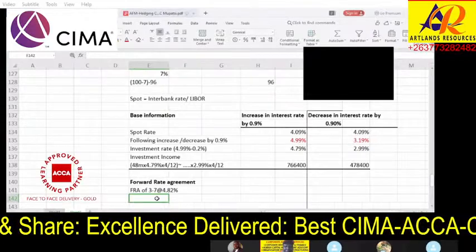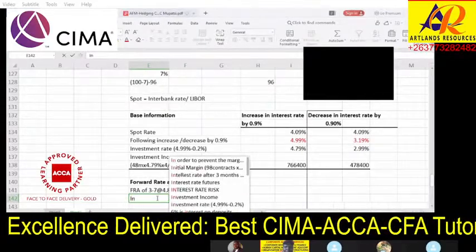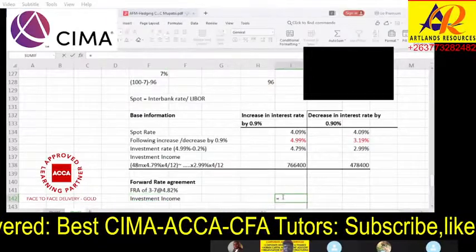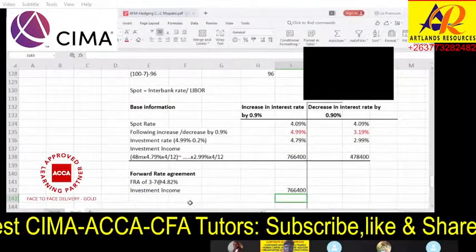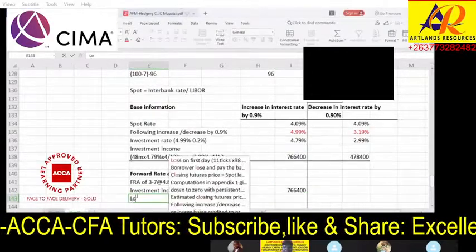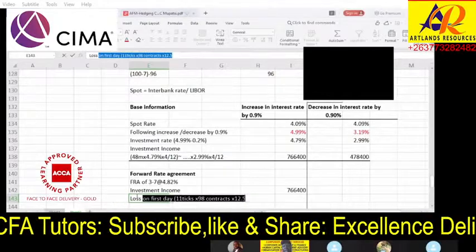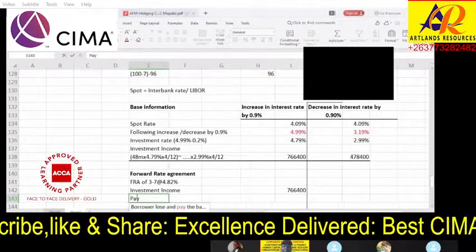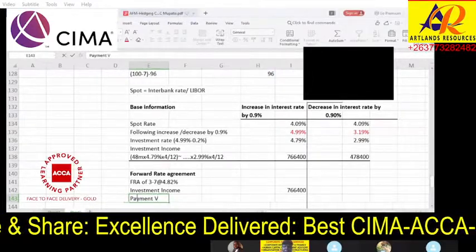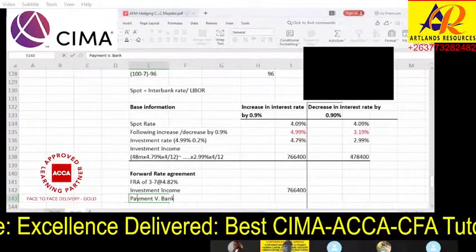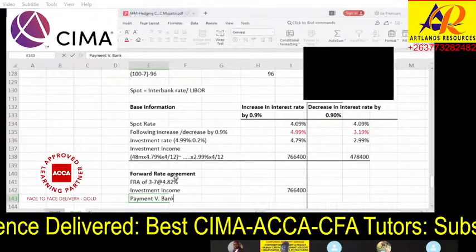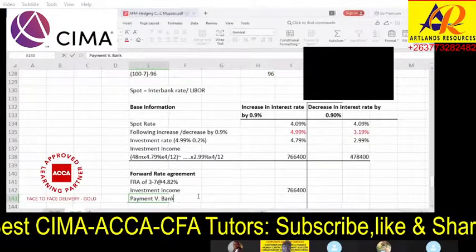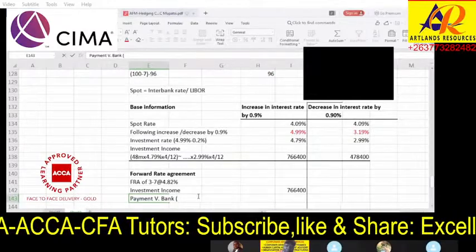So what you simply do is you say investment income. This is your investment income that you get. And then you say loss from forward. This loss from forward is actually not a loss. We put it as payment to the bank, Blacker Bank. Why payment? Because you fixed the forward of interbank rate of 4.82, yet it got to 4.99. So payment to the bank becomes, you then say